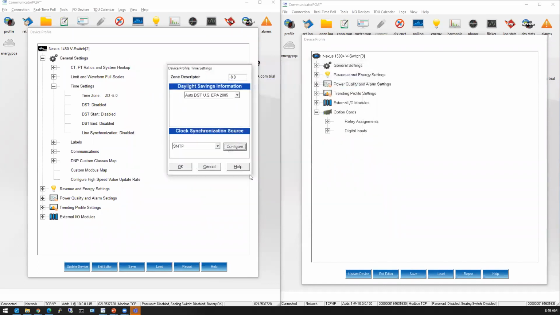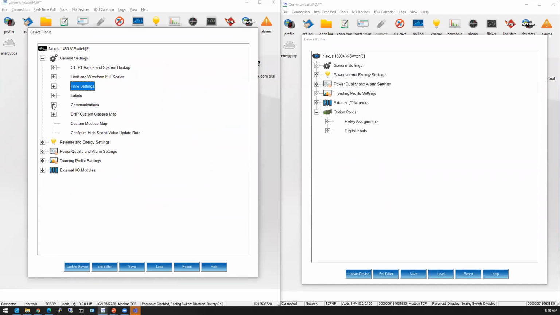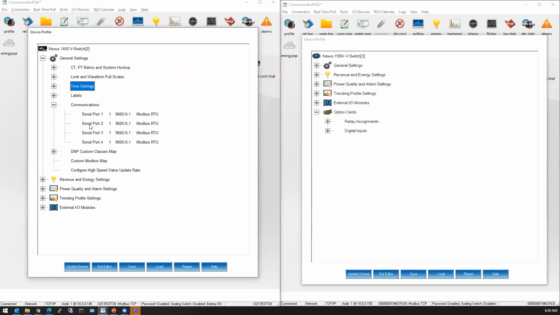So these advanced network options are not only found through this button, but you can find through communications. This is your communications serial ports 1 through 4. But once you double click, you get